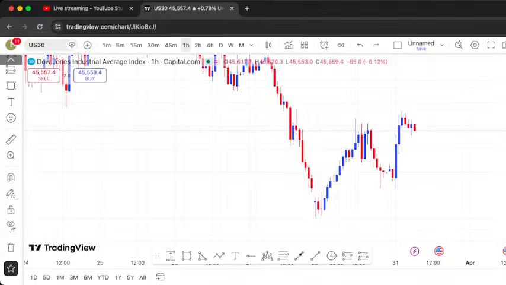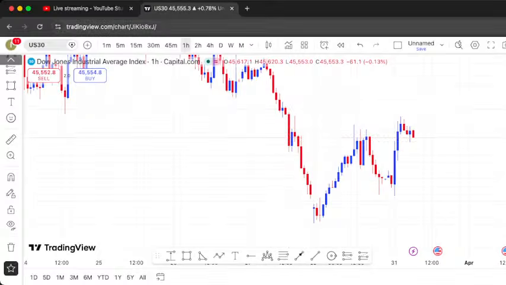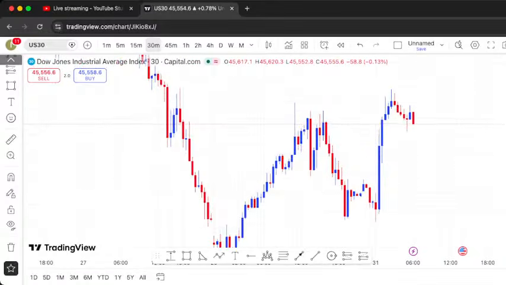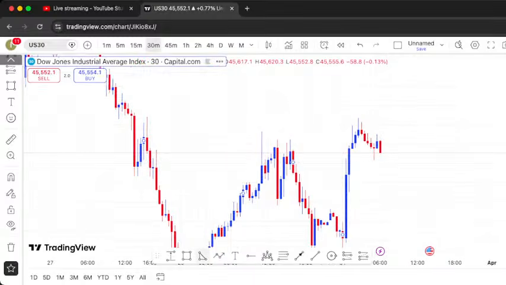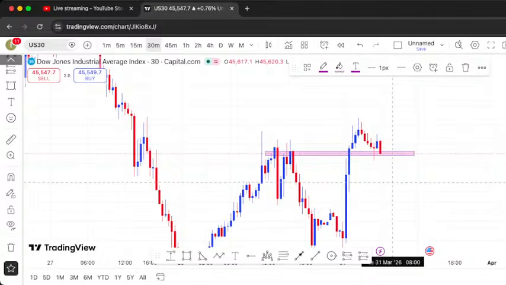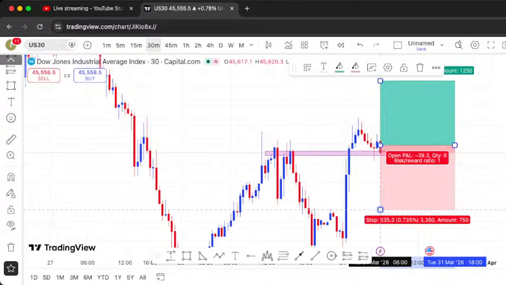Today's view on US30: the market has already closed above the OB, so we can't really say we are using this OB for an entry, but lowering the time frame to at least 30 minutes. Let's see how this market reacts in the next 50 minutes for us to confirm if it's going to buy again, because the market has already formed a new BMS. So once this market rejects this level,